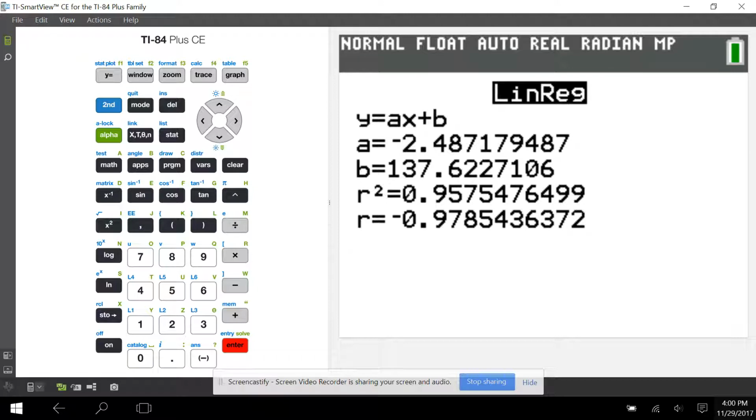R is 0.98, which is negative. Negative strong. And if y equals 20, then we have